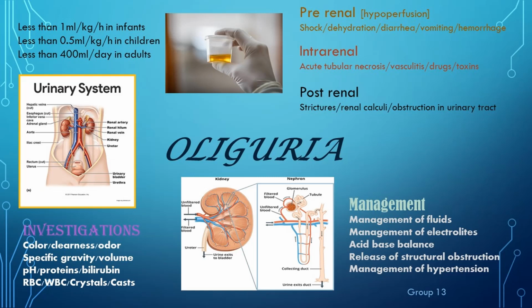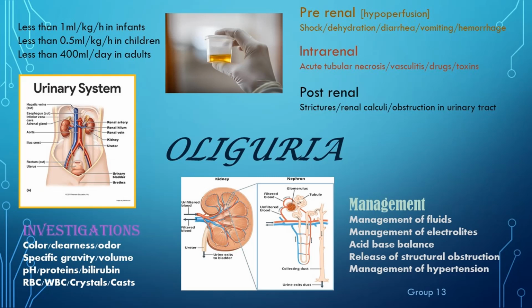Let's concentrate on the causes of oliguria. This can be divided into three parts: pre-renal, intrarenal, and post-renal causes. In pre-renal failure, there is a structurally normal kidney, but oliguria is a functional response of the kidneys to hypoperfusion. Pre-renal causes could be either euvolemic hypoperfusion like cardiogenic shock, septic shock, and vascular occlusion, or hypovolemic hypoperfusion like dehydration,